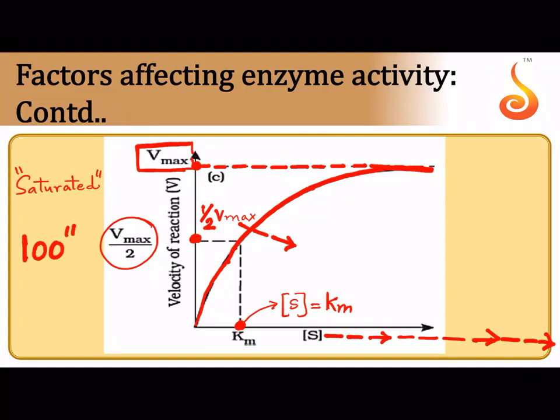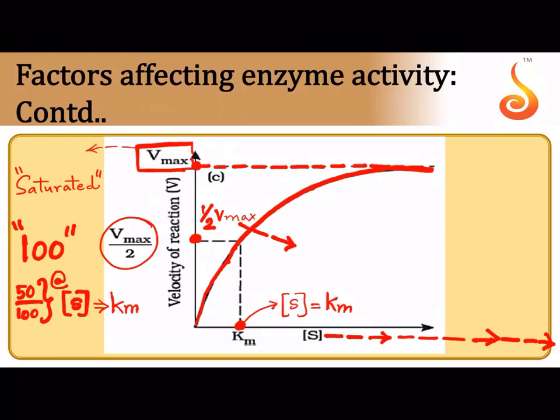So as an example, I have said that you have taken 100 enzymes. If 50 out of 100 enzymes are bound to the substrate, the concentration of the substrate at this level is referred to as the Km. That means how many substrate molecules you require in the reaction medium, so that how many enzymes get occupied, how many enzymes get bound to the substrate. 50 out of 100, exactly half of them. That is referred to as Km.